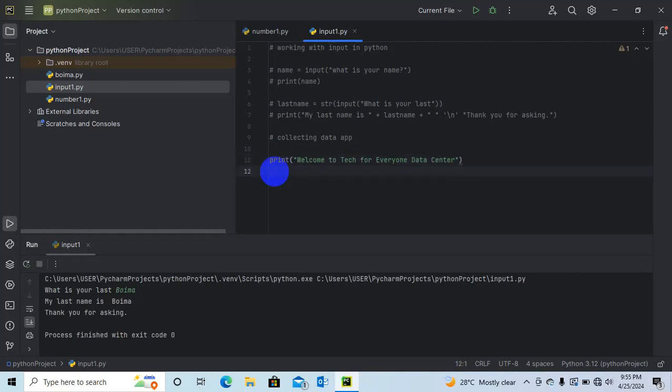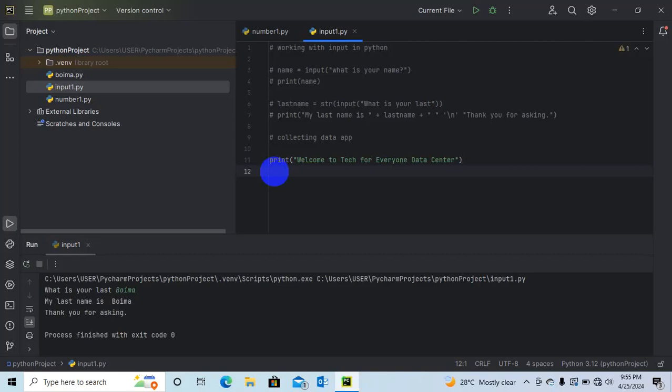So the first one will be on the app. Open the app, that's what will happen. Now we want to ask for the name, age and address of those who are filling up the form.